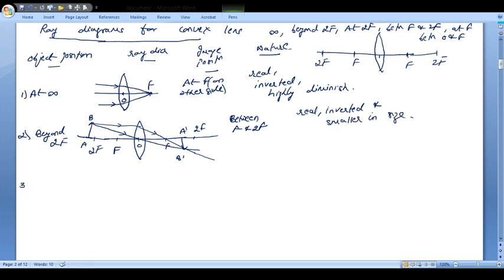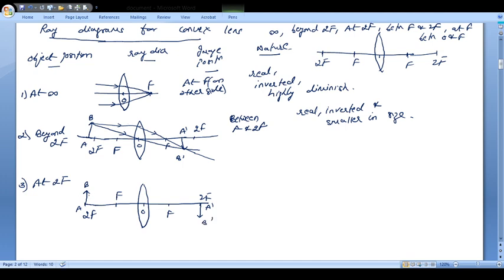Now let's see the third case. Now beyond 2F, now let us say at 2F. Now see, if the object is at 2F, I'm drawing the ray diagram here. You can remember, here we don't have conditions at C and R; it is basically in terms of F and 2F. So if this is F and this is 2F, double of this, then you will find that your image will be the same as the object. So first you draw F, you draw 2F here, and you locate the image. This is A dash B dash.